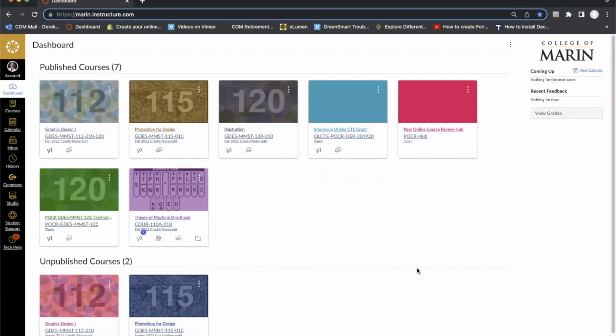Here we are inside Canvas. You can see it lists all my published courses, and down at the bottom it says unpublished courses. These are courses for the spring that have not yet been published. I can simply view all these by clicking on my dashboard, which lists all the courses I'm enrolled in for